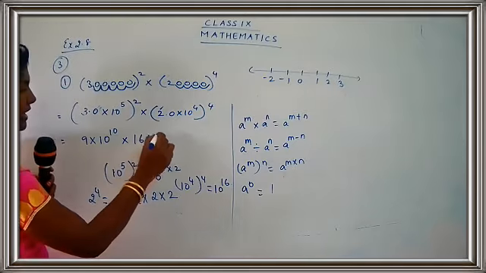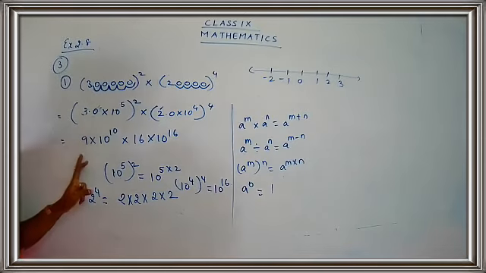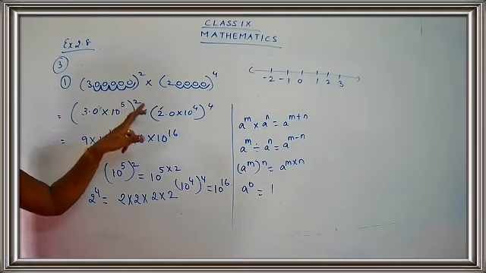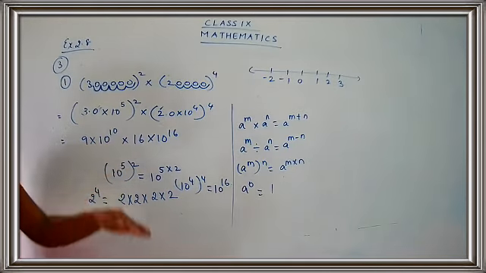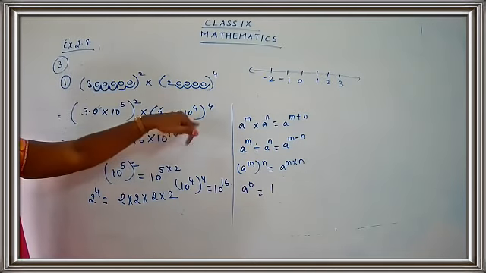Just mention here into 10 raised to 16. I hope you people are clear. We are just using the law of indices and we are finding out the answer. So we have just simplified the second step. Yes, children. So 3.0 into 10 raised to 5 the whole square gives you 9. 3 square is 9. 10 raised to 5 the whole square, you have to just multiply. So 5 2s are 10. 2 raised to 4, 2 into 2 into 2 into 2, so totally 16. And 10 raised to 4 the whole raised to 4.